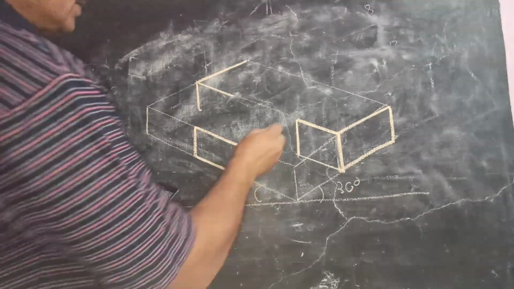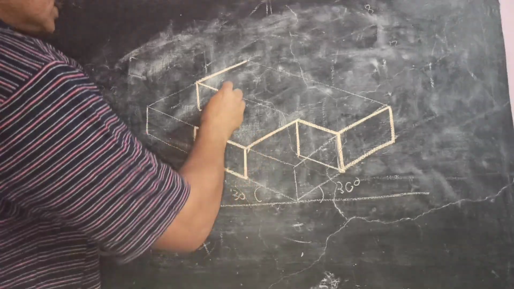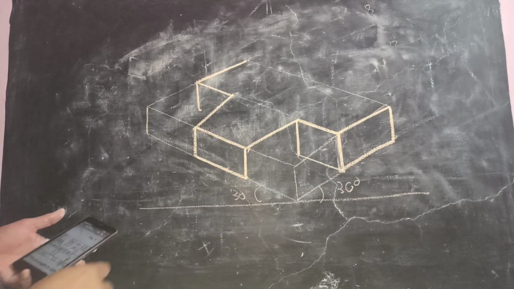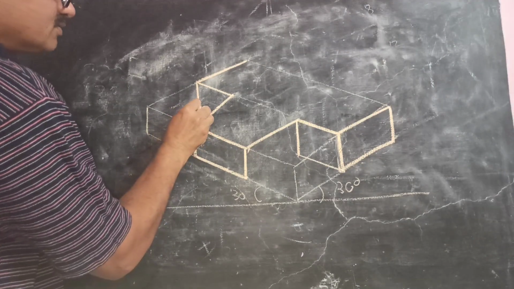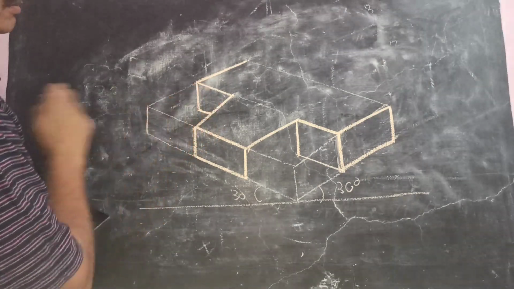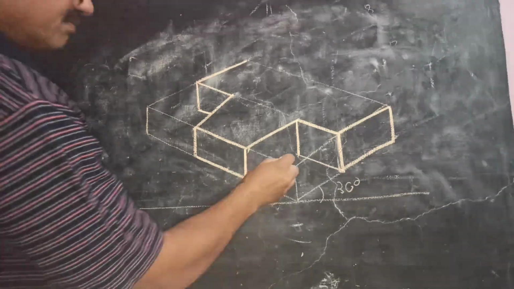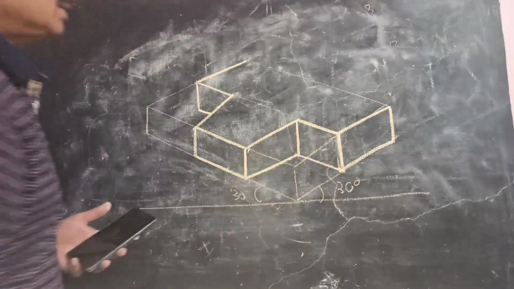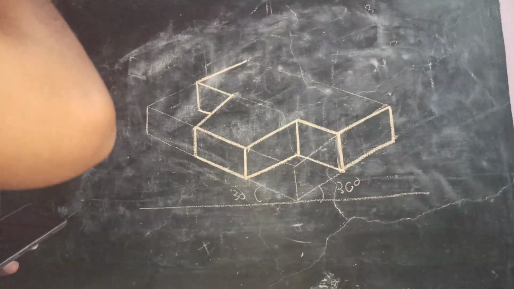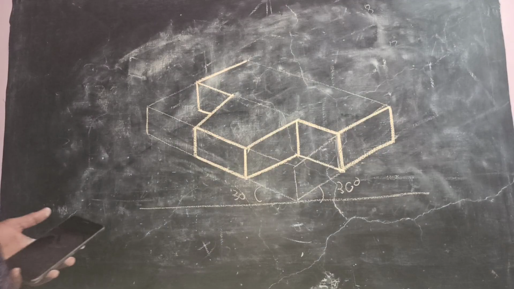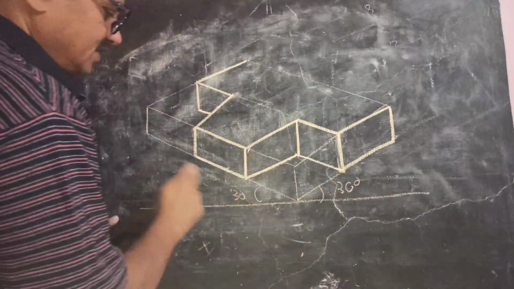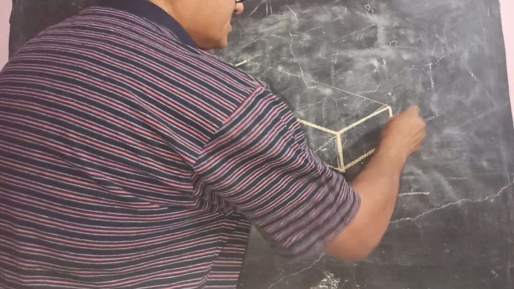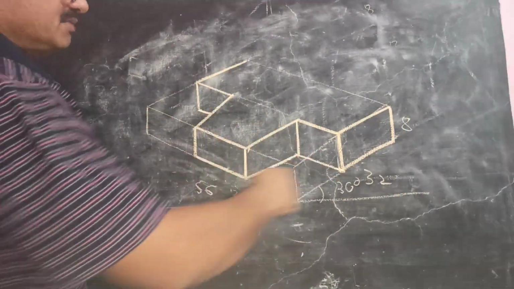Okay. And you can join this corner like this. Okay. And from this corner you can draw a line parallel to this. Then you can complete this, you can join this. So this is what is the base ready with us. You can find what we have done. This is the length, that is 56. This is the width, that is 32, and the height is 8. We have drawn the box.